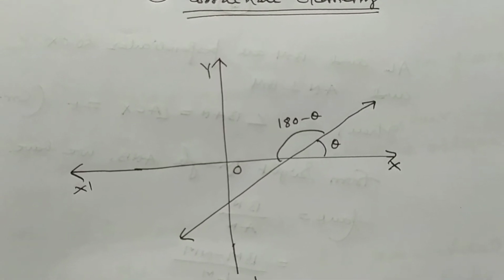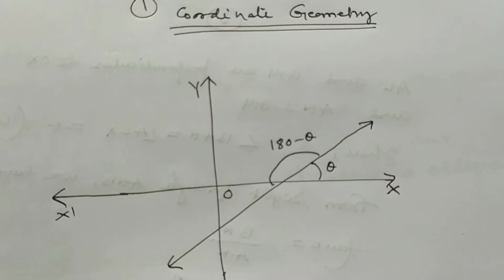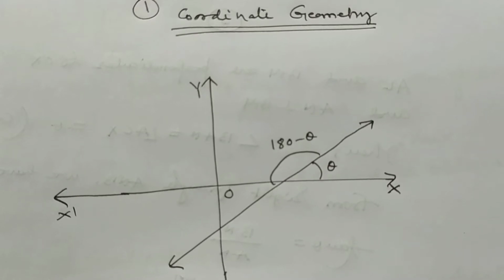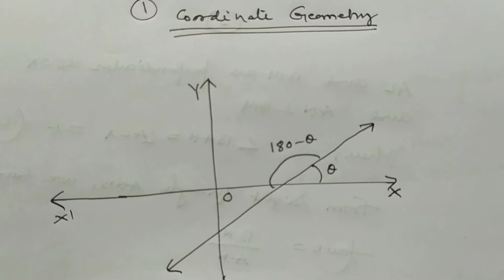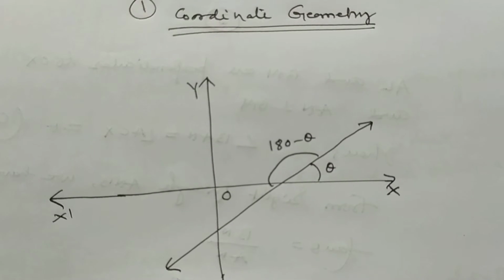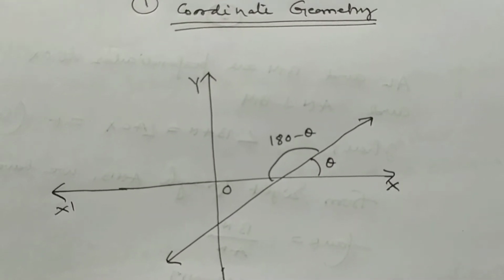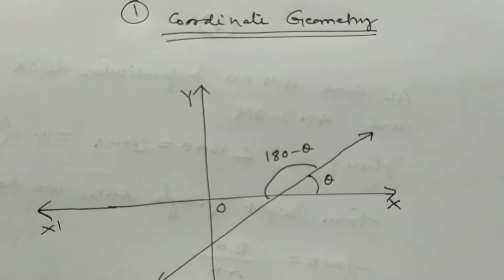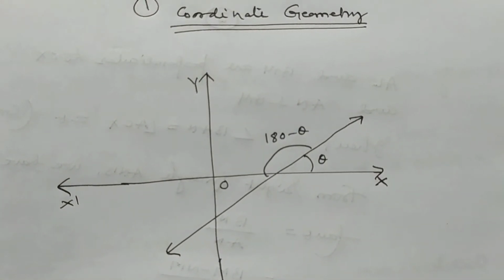In class 10, you learned only the distance between two points. How will you find the distance between two points, not parallel? And how will you decide, if 3 points are given, which type of triangle it is, and if the coordinates of 4 points are given, which type of quadrilateral it is. And now in this class 11, we will discuss the slope and equation of a straight line.